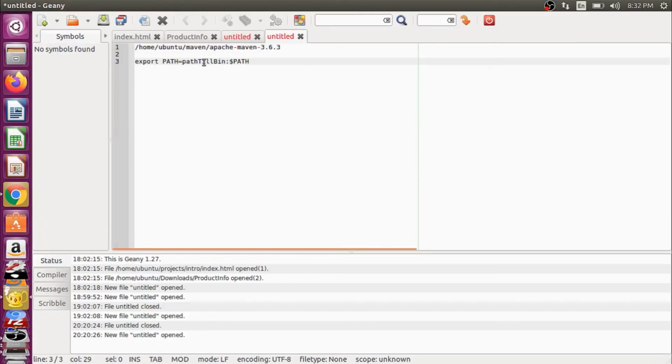Now let's create the command. This path is the path on which we have put our distribution. Just replace this and write bin. This is the path that we need to add in the path environment variable.